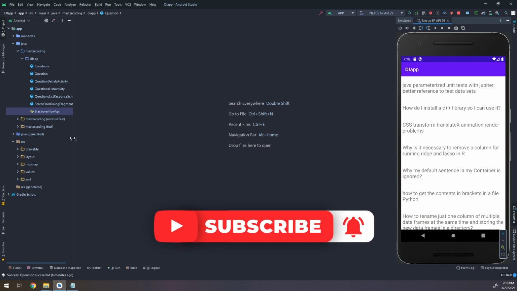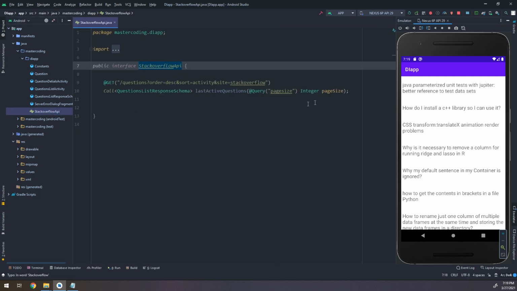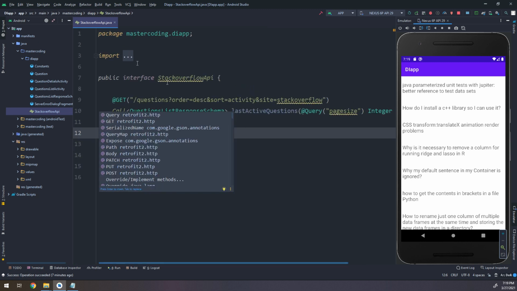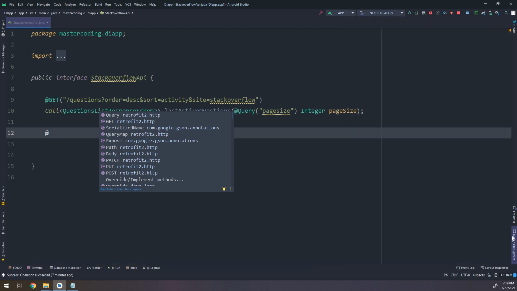As we see, we have to open the Stack Overflow. Our mission in this tutorial is to fetch the question body. So I will make new classes with body, questions with body, and I will make edits for some code that will get the details of the questions. First of all, I will go to the Stack Overflow